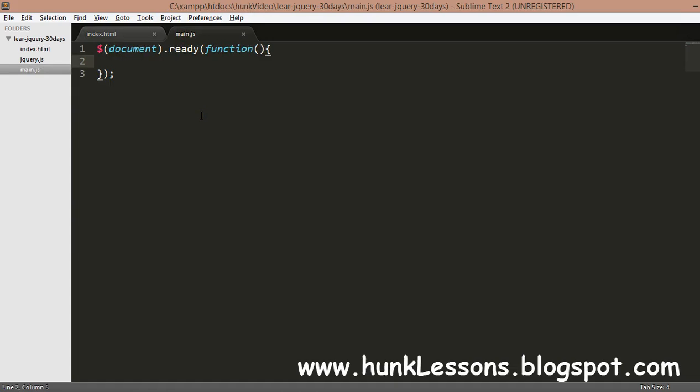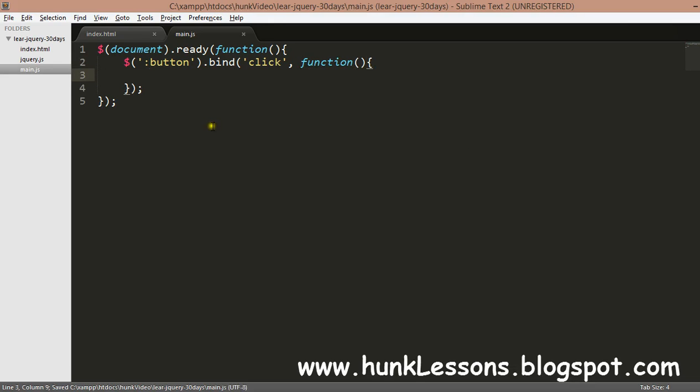Okay, for this I will first of all select the button. For this I will use button dot, I will bind an event listener. I will bind a click event, and we will give a function in the parameter, and we will select the div with the ID of hell, and we will add a class. We will add a class name hi to it.